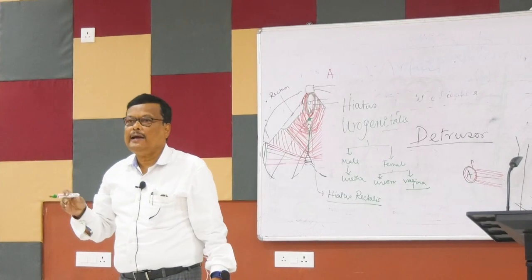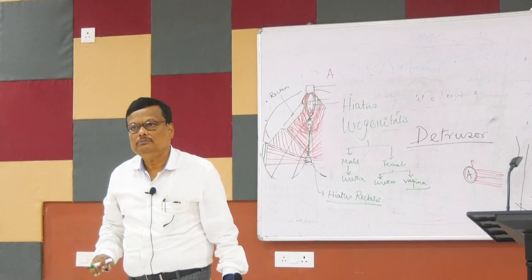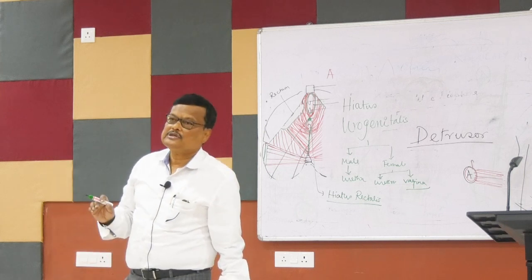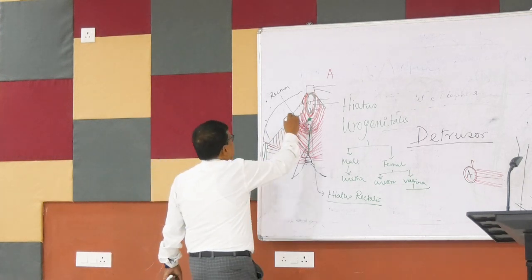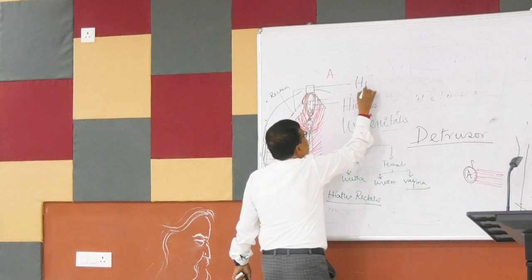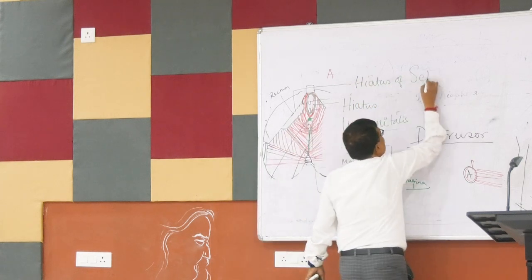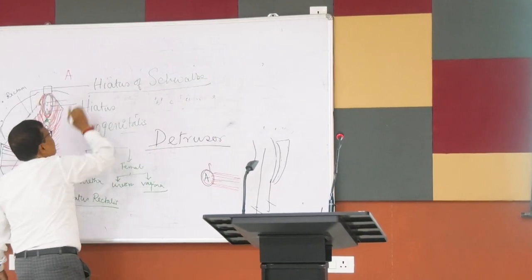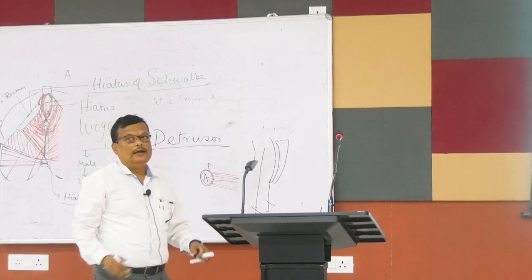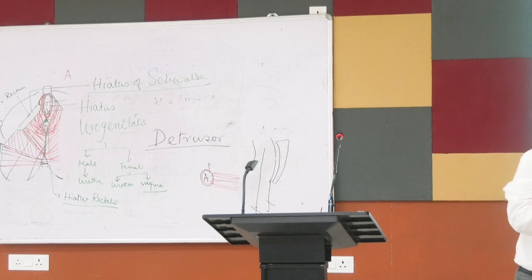So as there is a gap, there is a chance of herniation. Coils of small intestine go down. এই গ্যাপটা যখন প্রেজেন্ট থাকে, সবার থাকবে না, তাকে বলা হয় hiatus of Schwalbe। সুতরাং এইটা আবার লিভেটর অ্যানাই হলো।